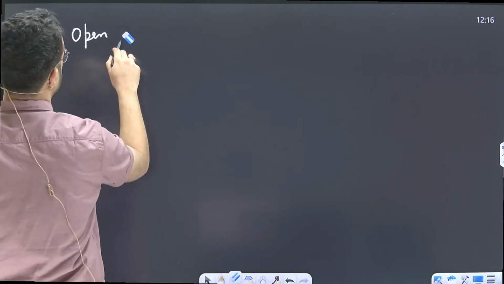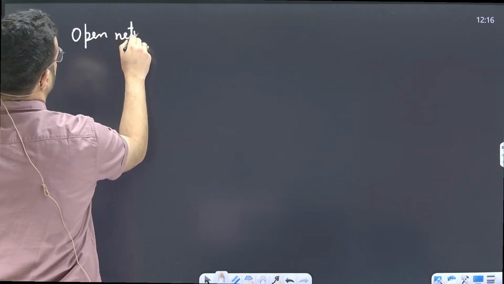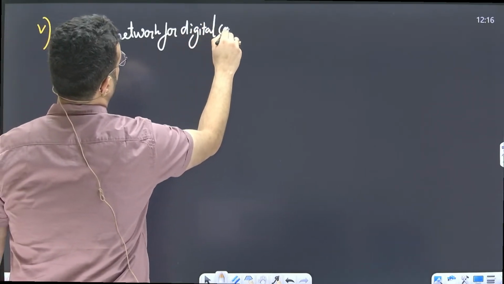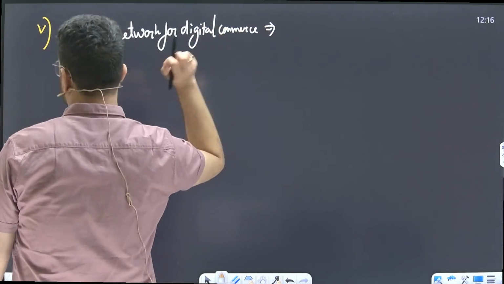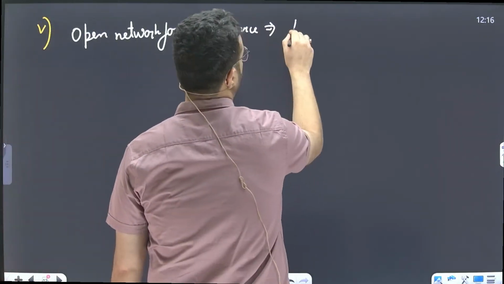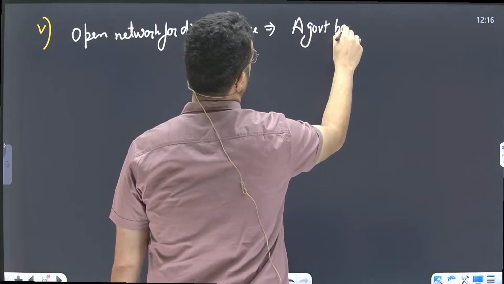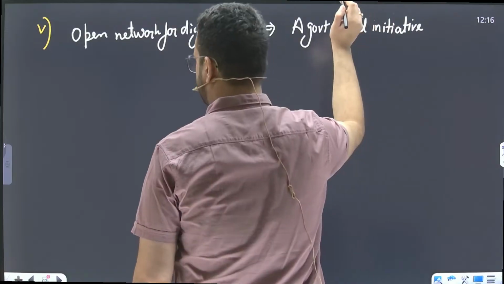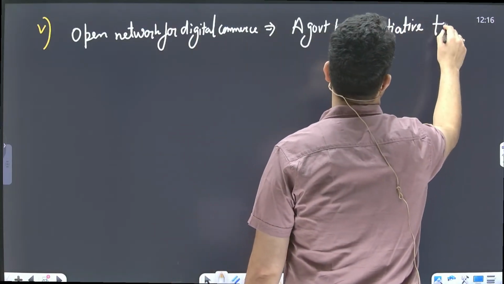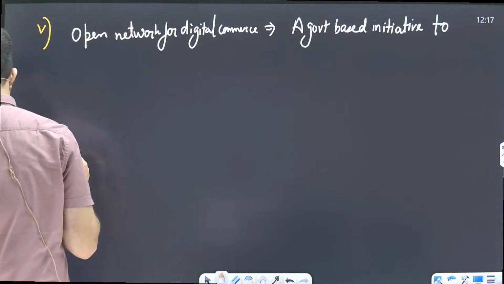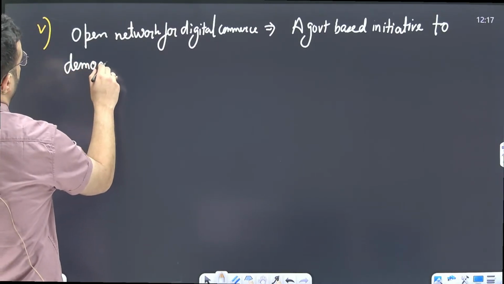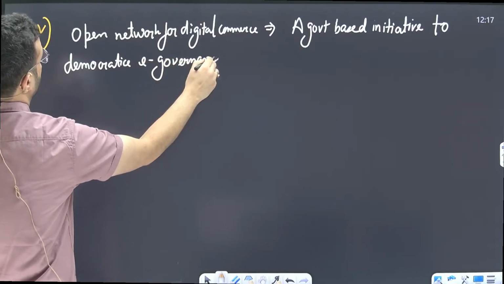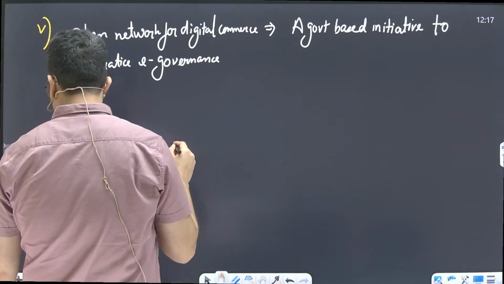Open network for digital commerce. What is that? ONDC, a government based initiative to democratize e-governance by creating